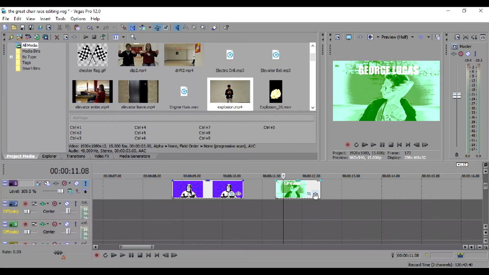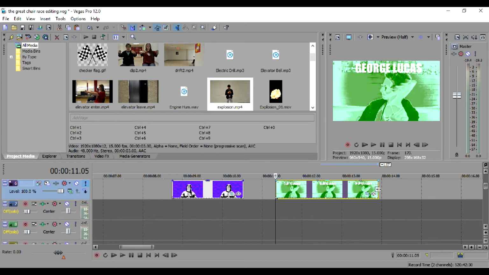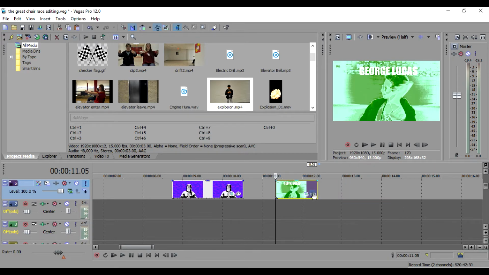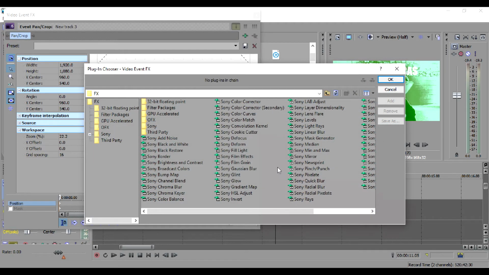Let me just enlarge the timeline and the tracks. Okay. So how I did that is first it's the regular shot. I froze the frame. I got one image so it doesn't move,